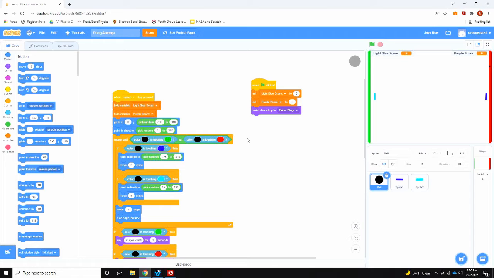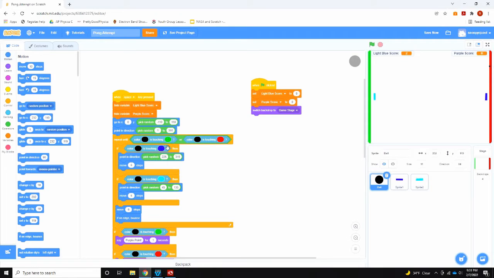It will point in a random direction within a couple of constraints. So I gave myself about a 90-degree window, and I chose either between 45 and 135 or 225 and 315 because those were centered around starting perfectly horizontal the other way. So now I had it set up so that the ball would start, point in a random direction, and I